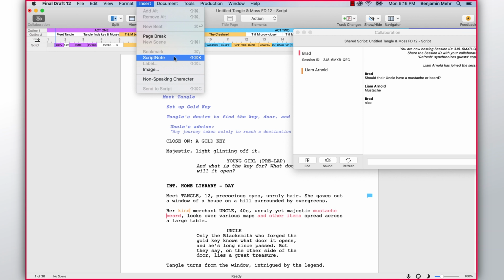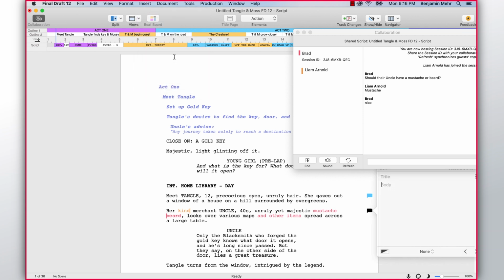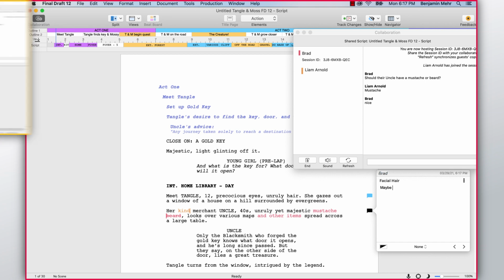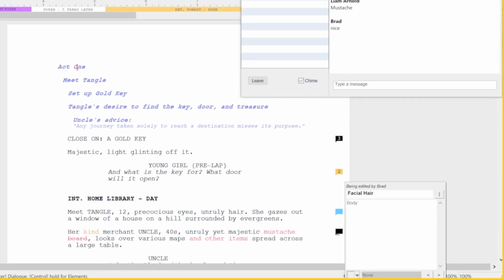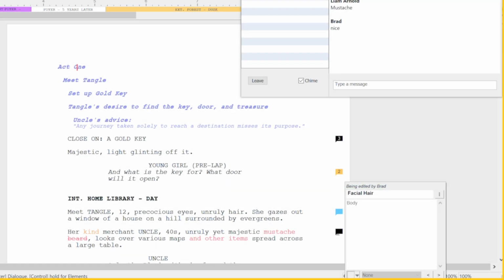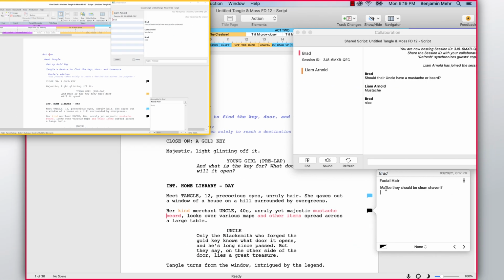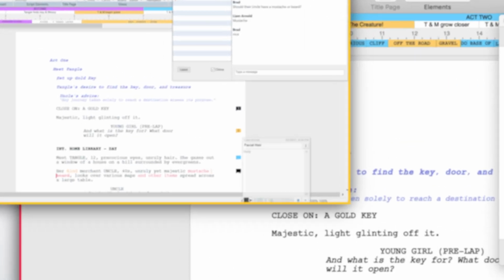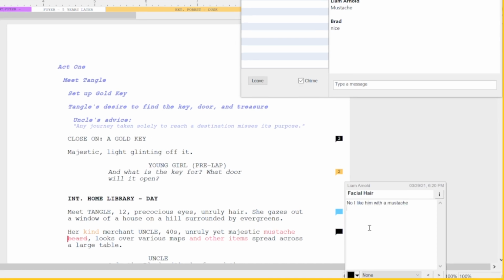During a collaboration session, you can also insert, view, and edit script notes. When a collaborator opens or inserts a script note, the script note becomes locked for other collaborators while the initial collaborator edits it in the script note's popover. Other collaborators can still view the script note and see who's working on it. The script note's header bar will indicate the name of its current editor. Changes made to the script note will update for other collaborators once the note is closed by its editor. Once a script note is closed by its editor, another collaborator can open and edit the script note the same way.